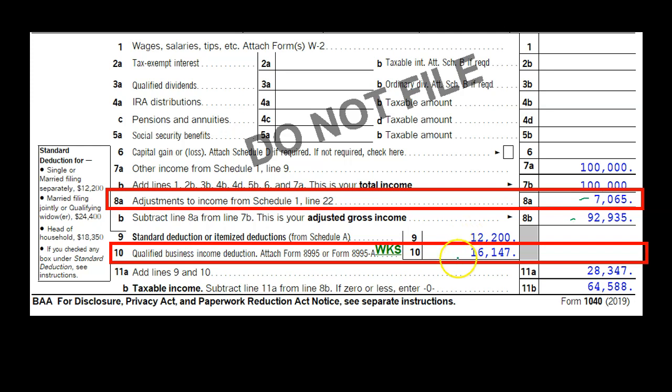And then the other thing you want to keep aware of, the other area that could be affected, is line 10 of the first page of the 1040, which is the qualified business income deduction. And you can see more detail on it with Form 8995. So this is a fairly new law, and it's one of the more complex components of the new law because it is dependent on certain factors, including the type of industry that we're talking about for the sole proprietorship. So we'll go over some of these factors in more detail, but whenever you see a Schedule C business taking place, you want to have an idea of the different types of areas that will be affected on the tax return. You got the